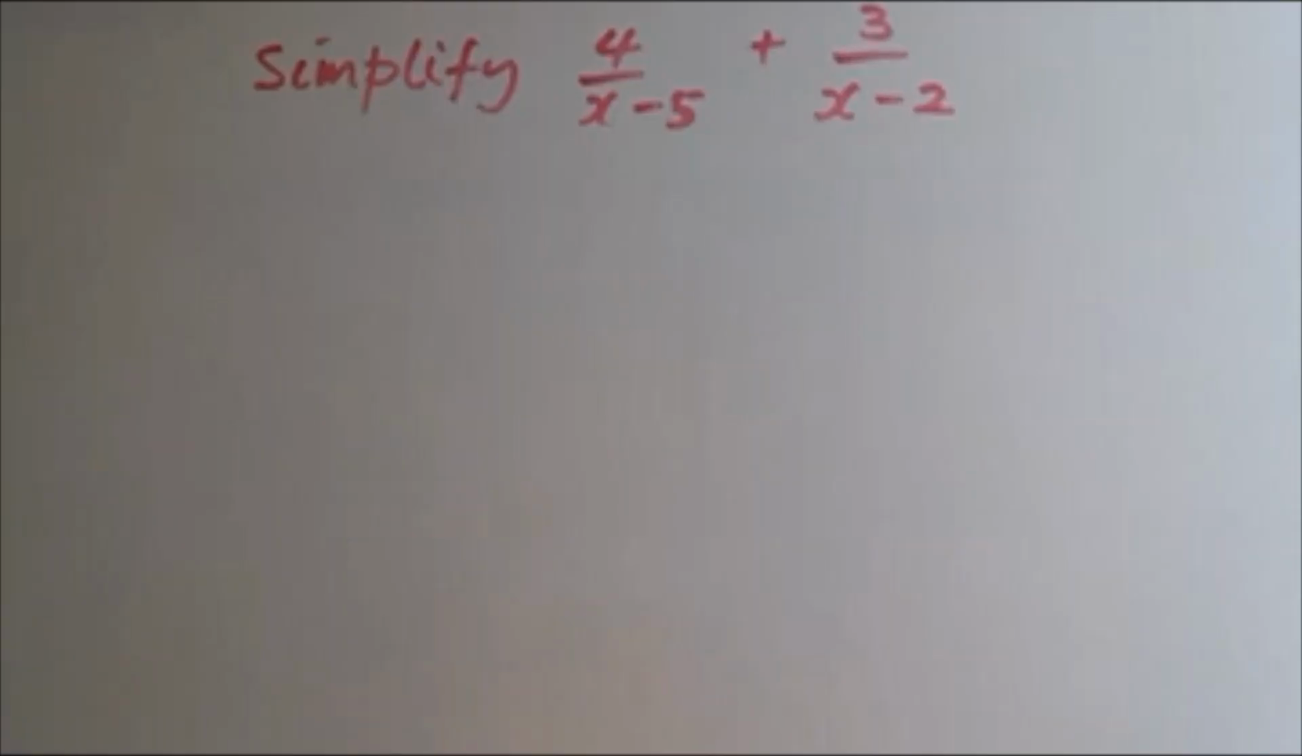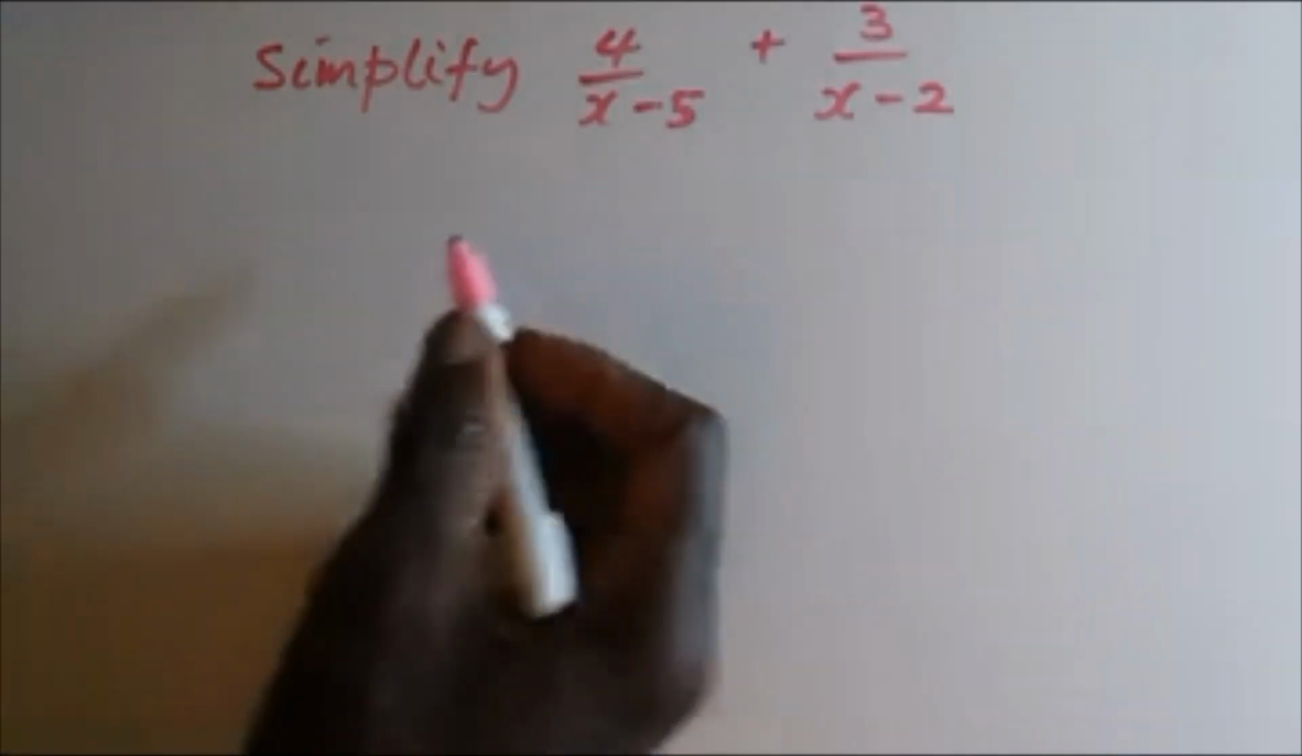Here we have two fractions and would like to simplify them. What does he mean by simplifying two fractions? Well, it just means to bring them together to make and form one simple fraction. So what we'll do is